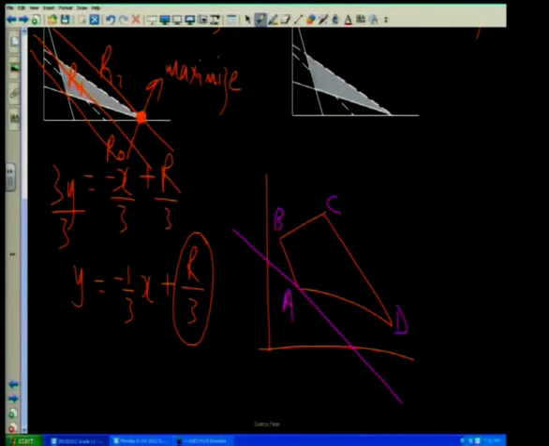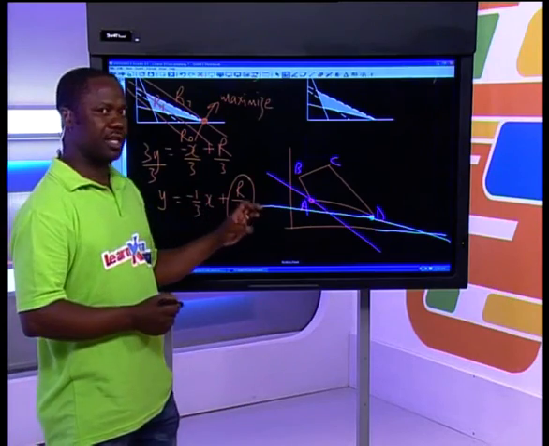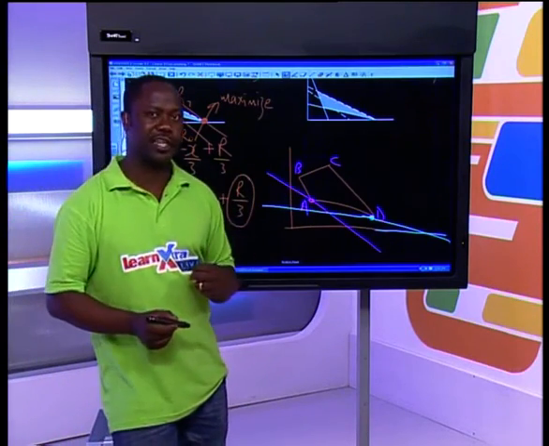It could be that gentle that it touches this first. But it could even be gentler than this, and you find yourself touching D first. Let's say your line was like that, of the objective function. So it really depends on what the slope of your objective function is as to how you draw your search lines.